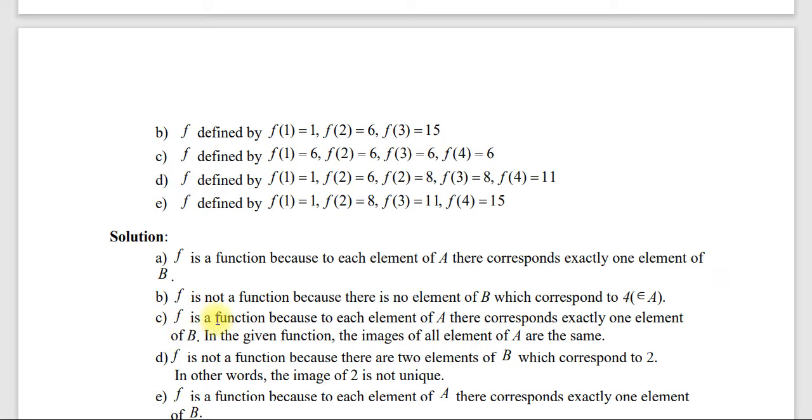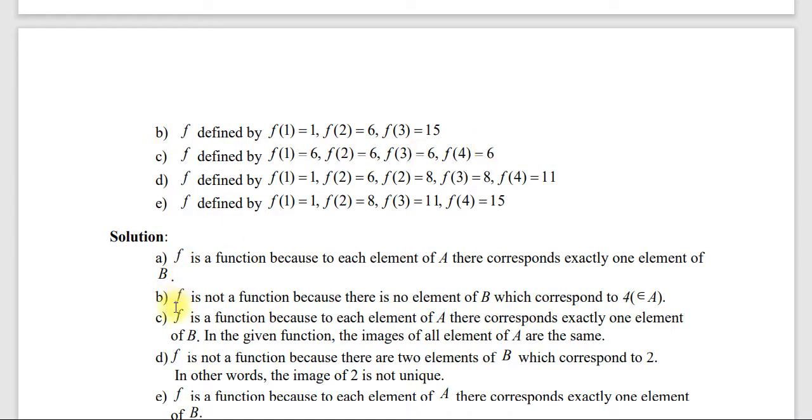ሲ ላይ ደግሞ f is a function because to each element of a there corresponds exactly one element of b. In the given function the image of all elements of a are the same. ለምሳሌ ሲ ኒውት 1 6 2 6 3 6 4 6 እንደምታዩት 1 2 3 4 እነዚህ ቁጥሮች ዶሜን ናቸው። 6 6 6 6 የሚለው ደግሞ ሬንጅ ነው። ስለዚህ ሬንጅ ቢደጋገም ችግር የለውም ብለናል። ኦኬ ስለዚህ ፋንክሽን ነው እንላለን ማለት ነው።